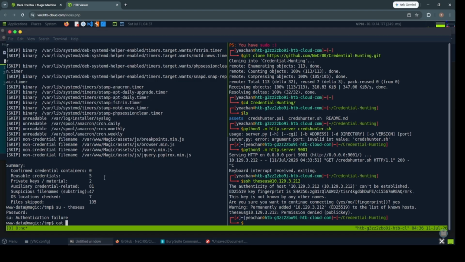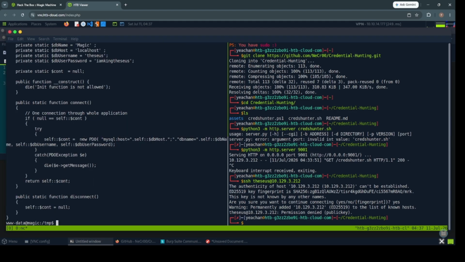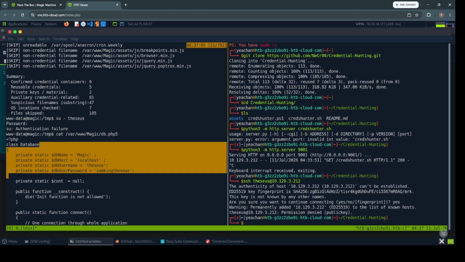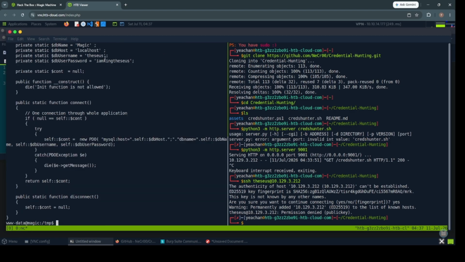Cat. It says the DB name is Magic, DB host is localhost, DB username is Desus, and the DB password is I am King Desus. And it says it is also related to MySQL, so